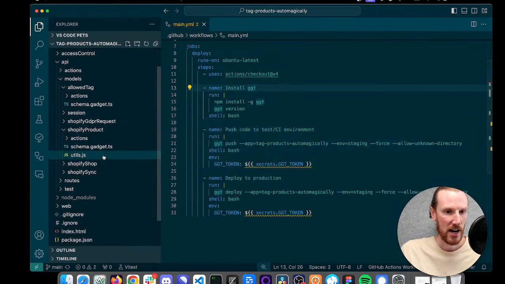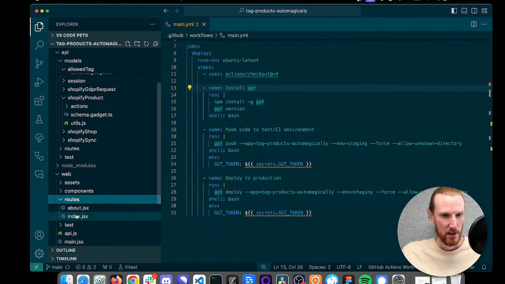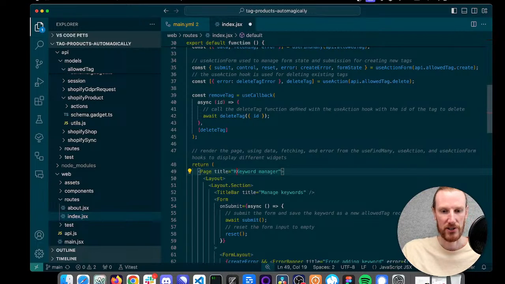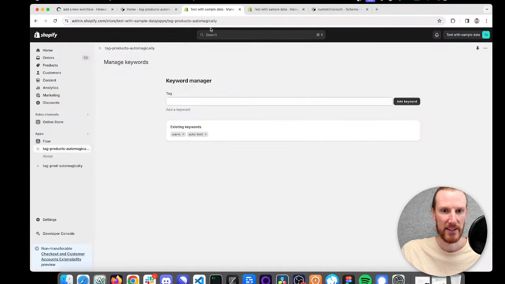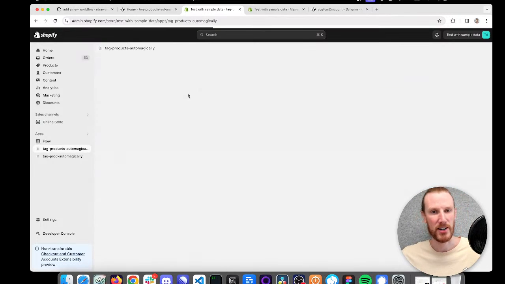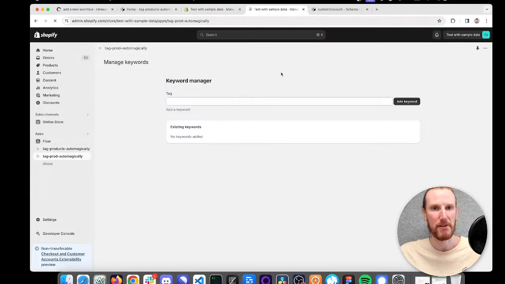So I'll just go back here. I'm just going to modify something in my front end because it's just easy to visually see. So if I go ahead and modify my, let's say, page name, I'll just go Riley's Keyword Manager. I can go ahead and check this out. I'll just refresh because there is a 3-minute timeout on the hot module reload. So I see Riley's Keyword Manager is here in my development app. If I refresh prod,